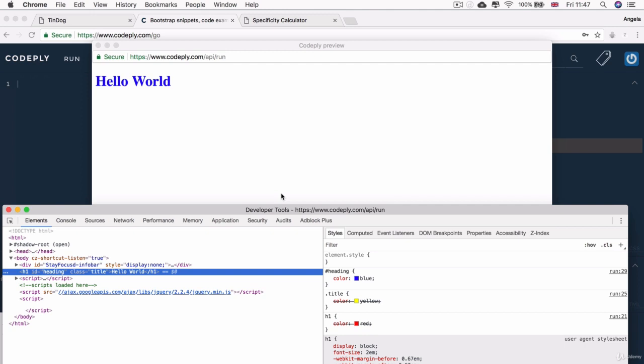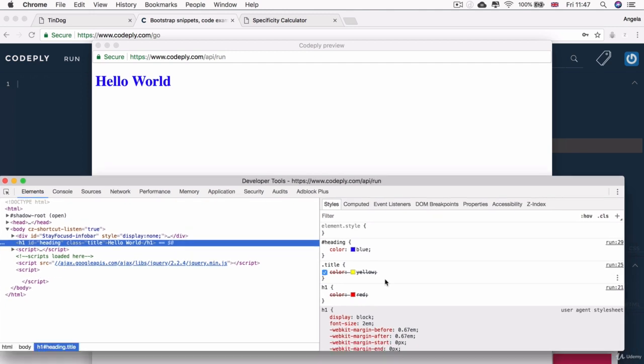And if we take a look at the Chrome developer tools over here, you can see that all our colors are being applied, but they're just being overridden by something with a higher priority. So that means that if this color change wasn't applied in the ID, so if we deleted this line of code, then it would go to the next highest priority CSS rule, which is the class, and finally